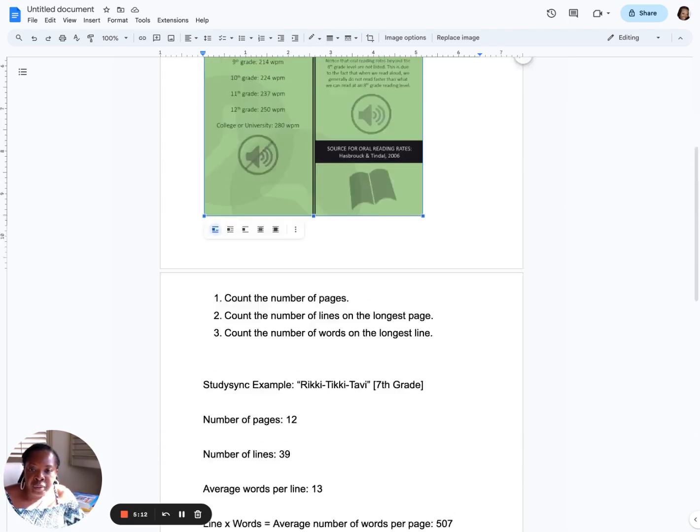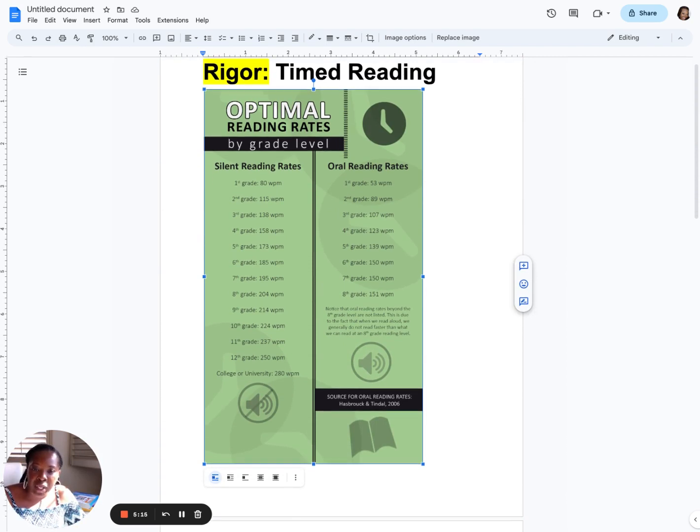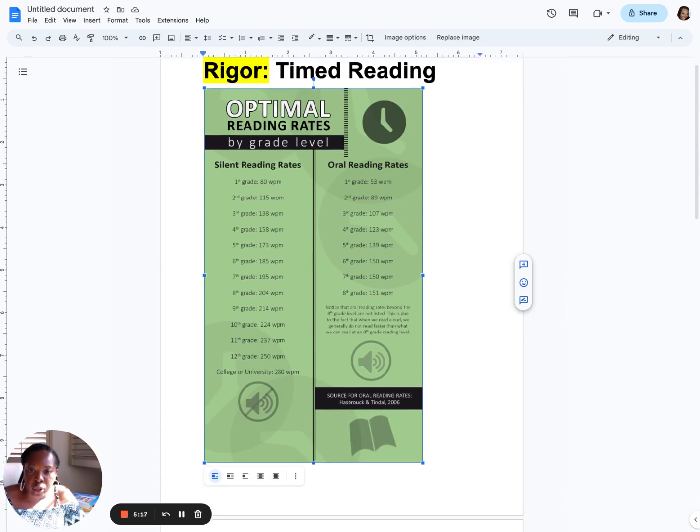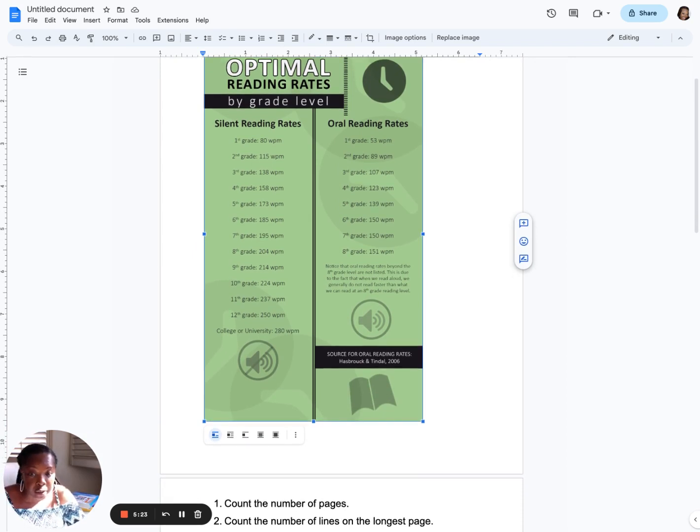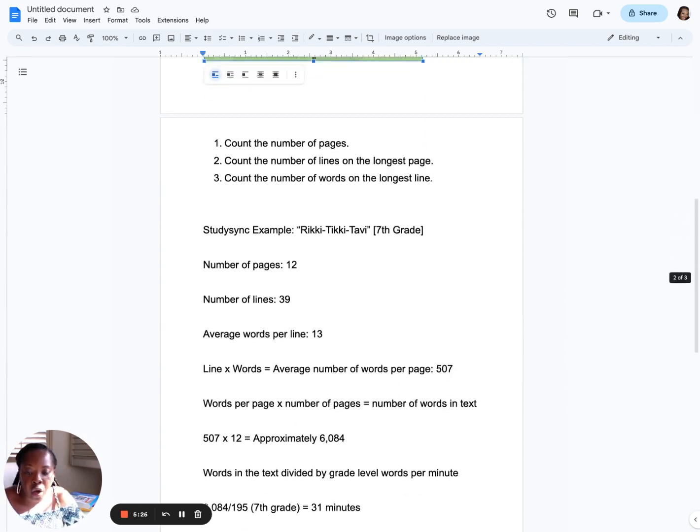Well, what does that have to do with the silent reading rates? Since you are planning your lessons, you want to know, how much time do I need to give my students to read this text and hold them accountable for comprehension? So